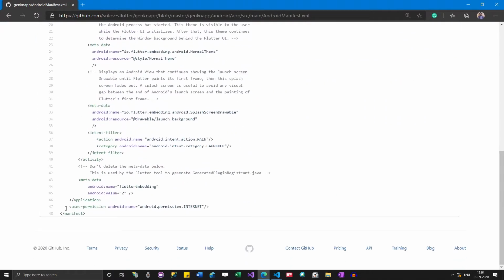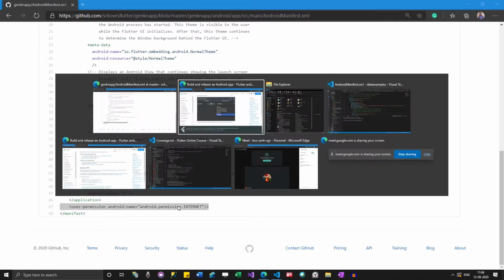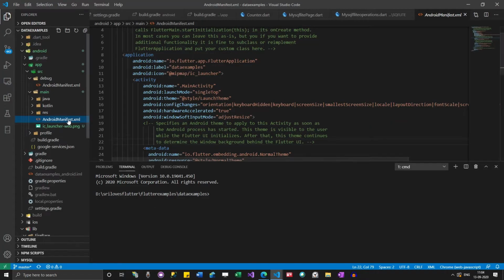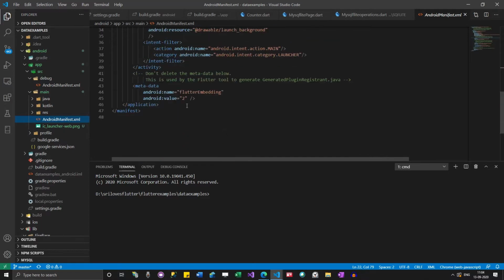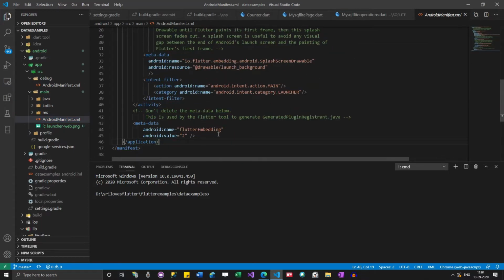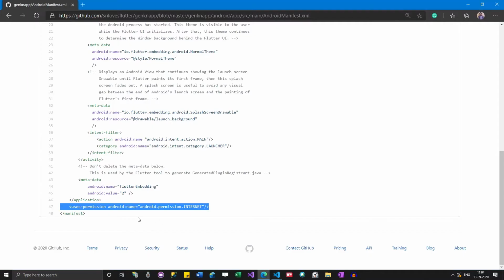See here, I have added this permission for internet, because it tries to hit the internet for fetching some data. That's why I have added this line. If you go through this manifest file, it doesn't have it, so I have added it over here.